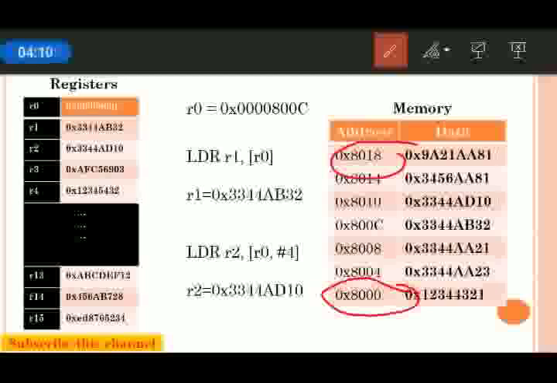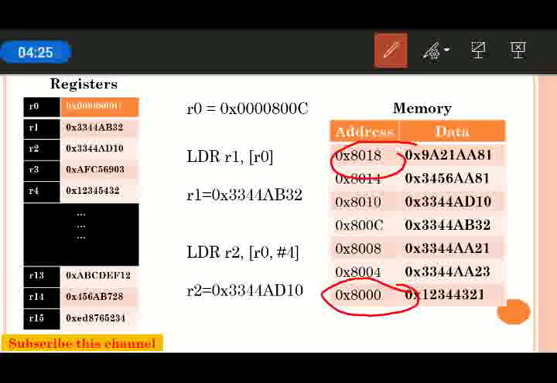In each memory location a different value is stored. The ARM controller usually deals with 32-bit data, so a 32-bit value is stored from 8000 to 8004, so there is an increment of 4 here.